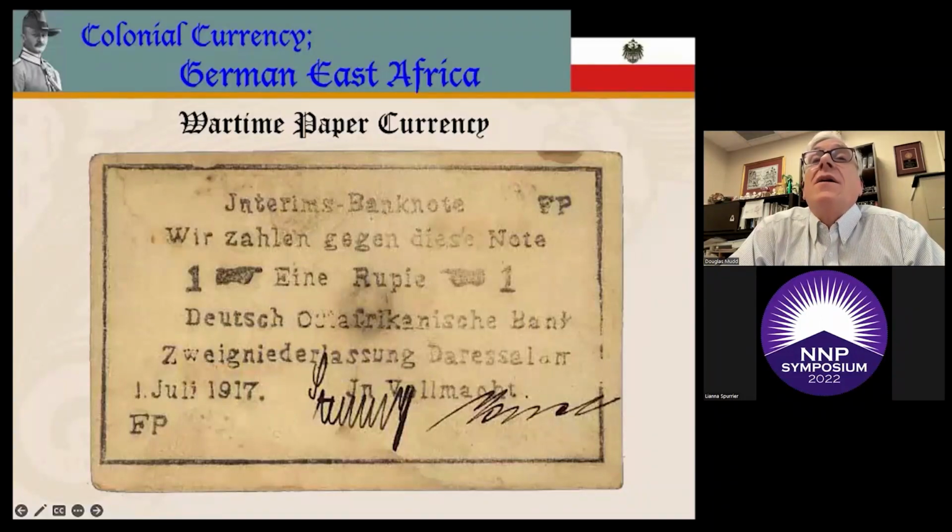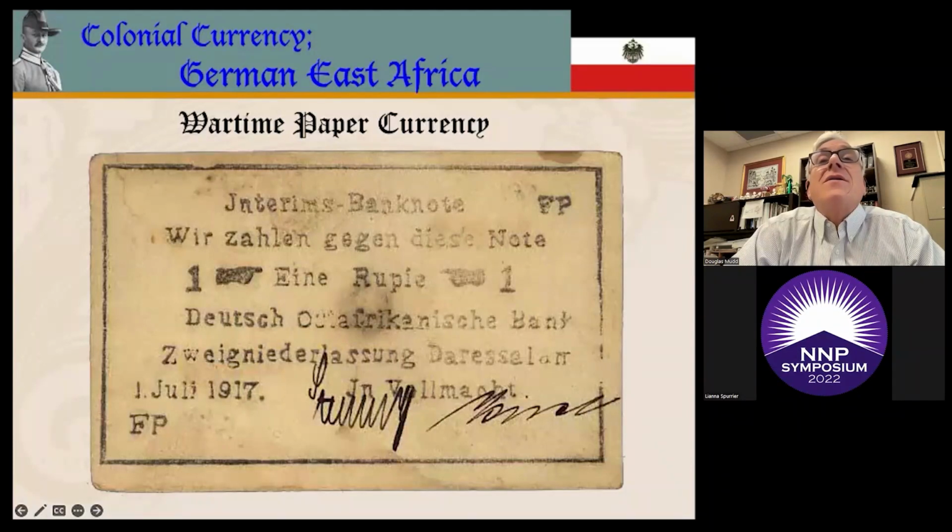There were only four denominations: the 1, 5, 10, and 50 rupiah notes, and they bore the inscription "Interim's banknote," as did their predecessors. All are dated 1 July 1917, except for the 50 rupiah, which carries a date of 1 October. The notes were hand-signed by bank officials Stelling and Kirst, who accompanied the armies, and meticulously numbered as they had been before. They contained the simple phrase, "Wir zahlen gegen dies Note." We count this note as, and then the denomination.